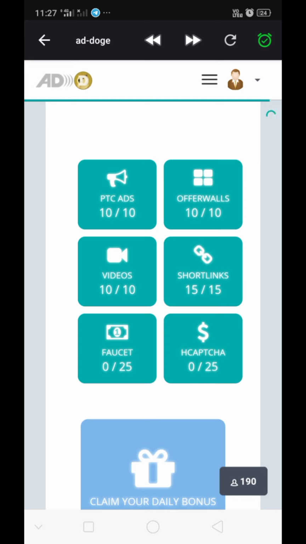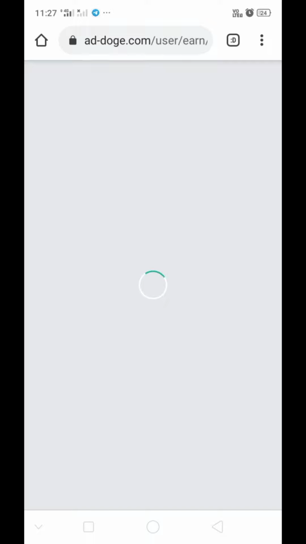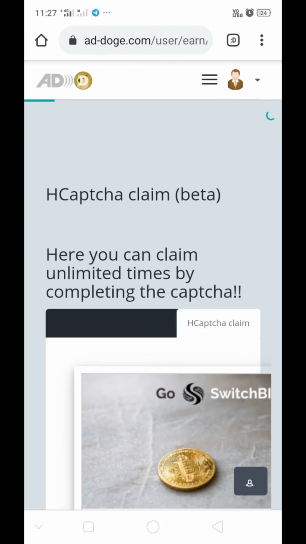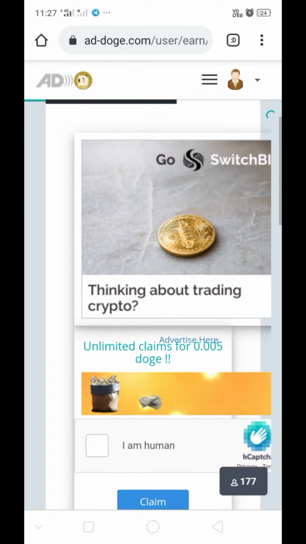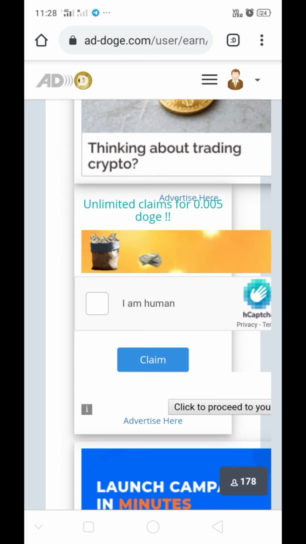Okay, now faucets and edge captcha. Before faucet, go to edge captcha. Just solve 25 edge captchas, and the task will be completed. There is no limit to solving edge captchas.